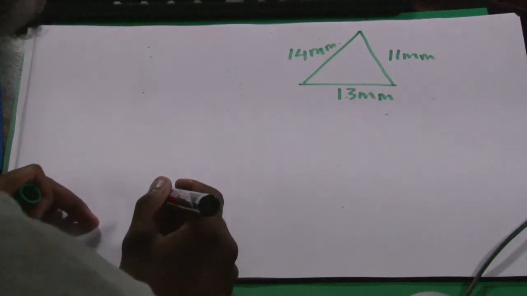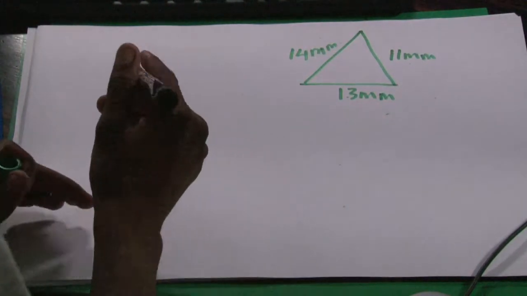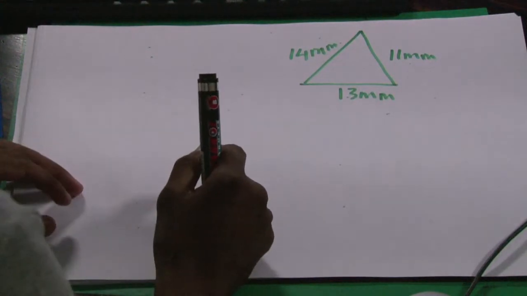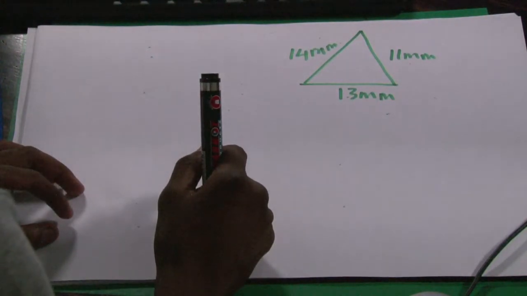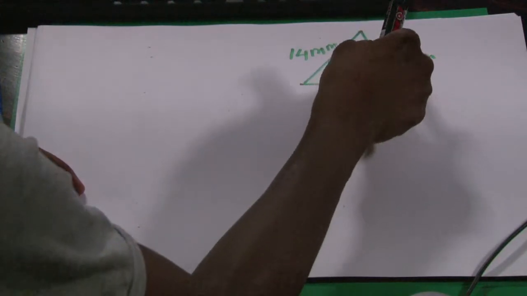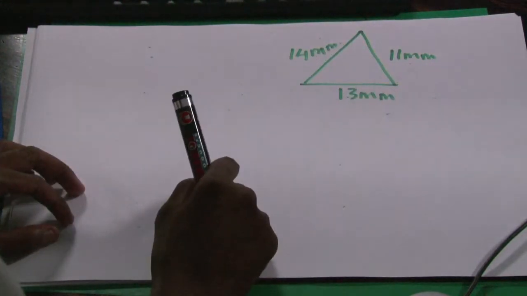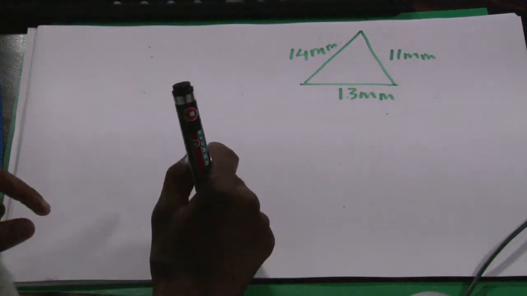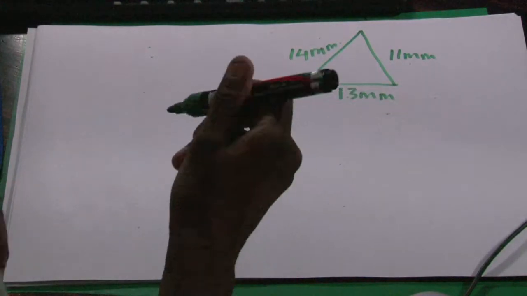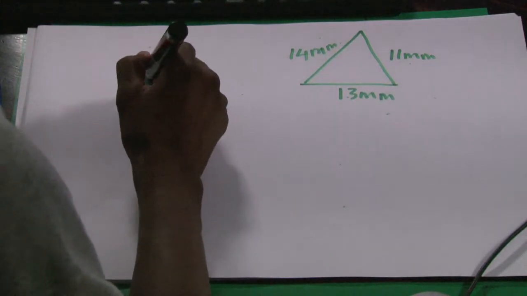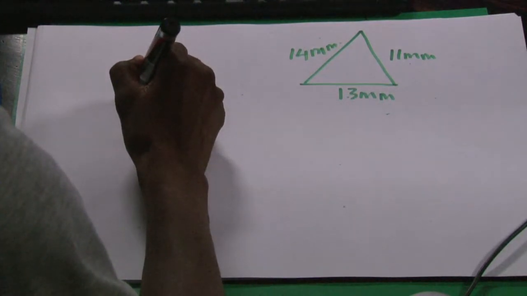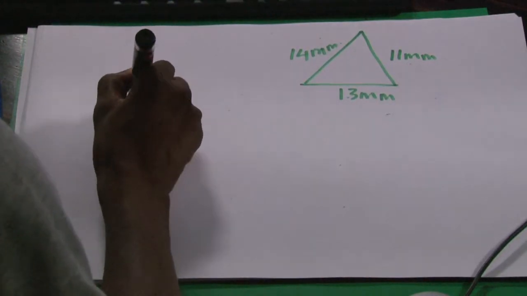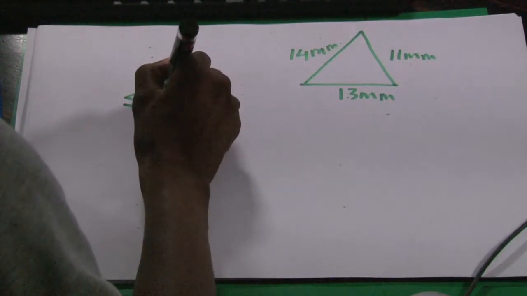Now, what we are told is that the perimeter of the triangle is p millimeters. So if we have to add these distances together, we get p millimeters. In other words, we do not know the perimeter. Complete the inequality below. So the inequality that we have to complete is p greater than or equal to, and p less than